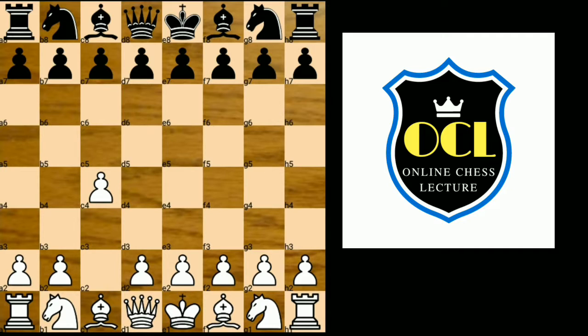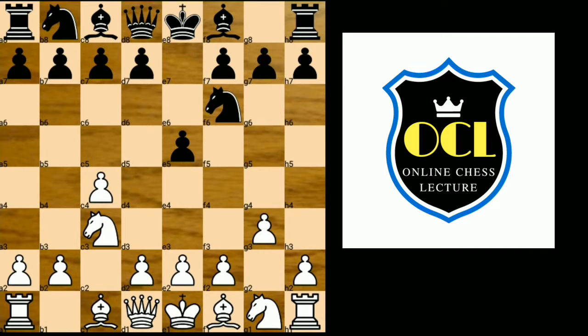Anand responded with e5, g3, trying to fianchetto the light square bishop, knight to f3, sorry, f6, knight to c3, bishop to b4, e4,